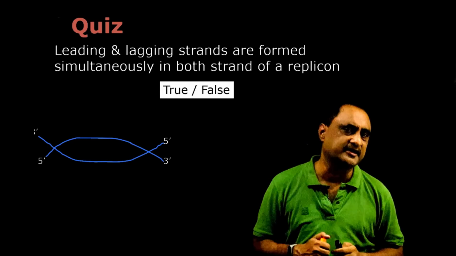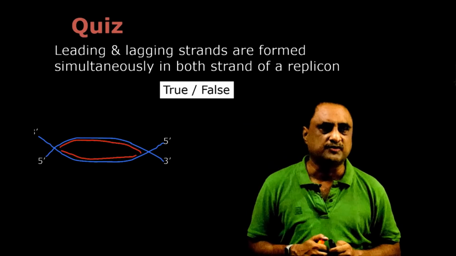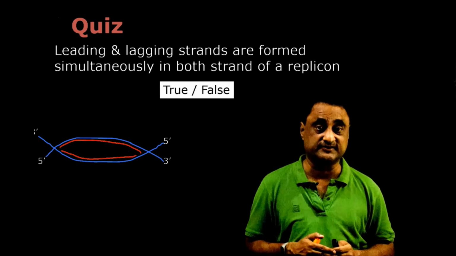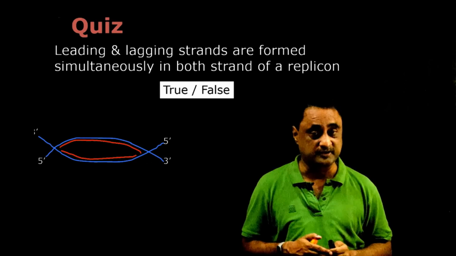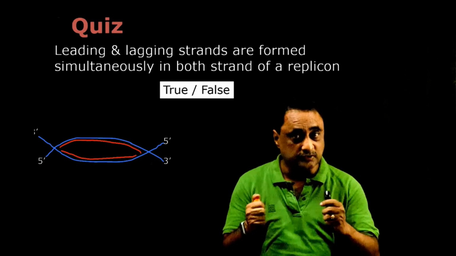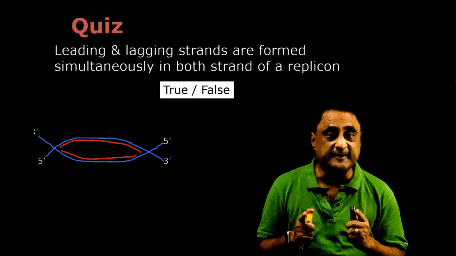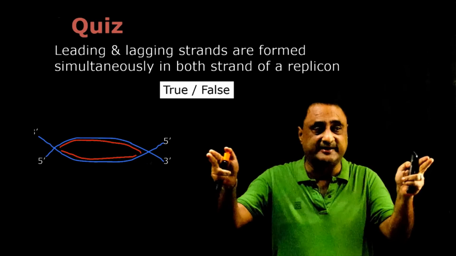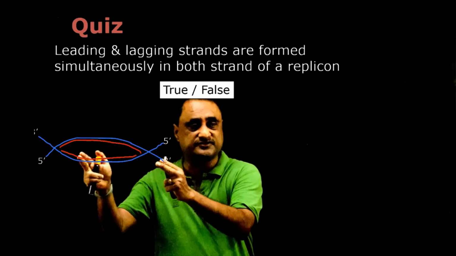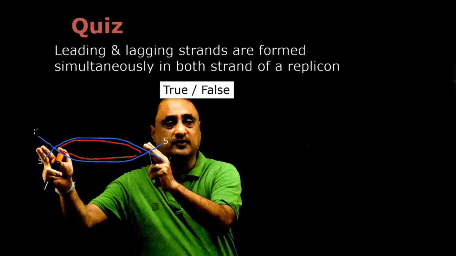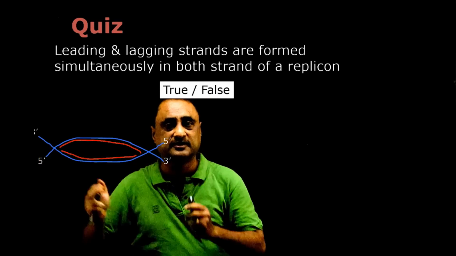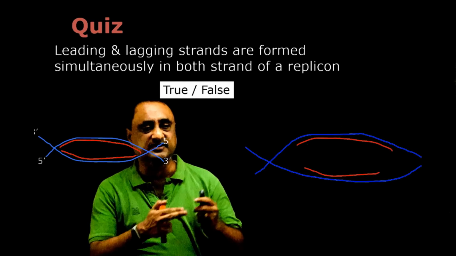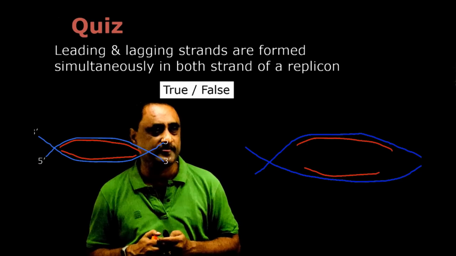So this is a DNA molecule. Now what will happen? In this way, the DNA is going to be synthesized, and we know very well synthesis is going to occur in the 5' to 3' direction. We also know that DNA replication is bidirectional. So if it is a replicon, that means it is going to open from both ends. You can see in this diagram, it is going to open from both ends, so it will form a structure like this. You can see there, it has opened from both ends.